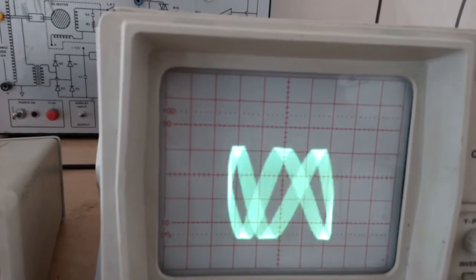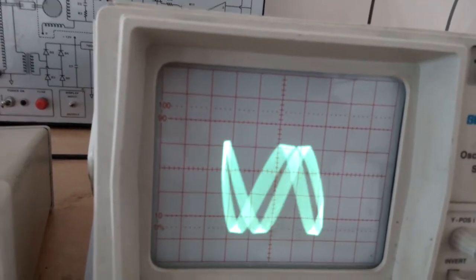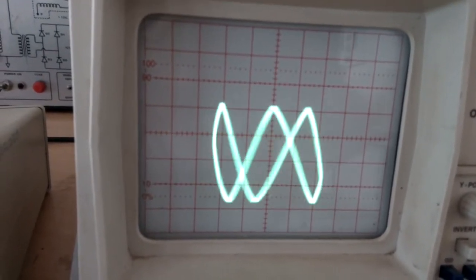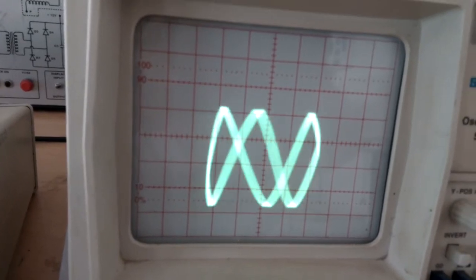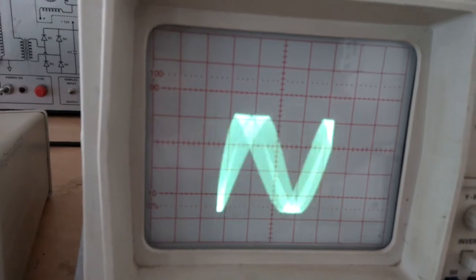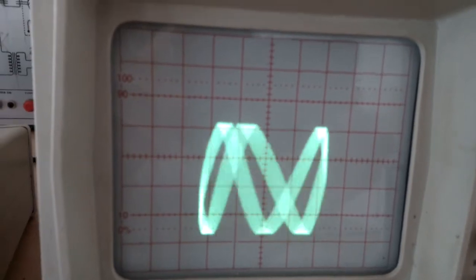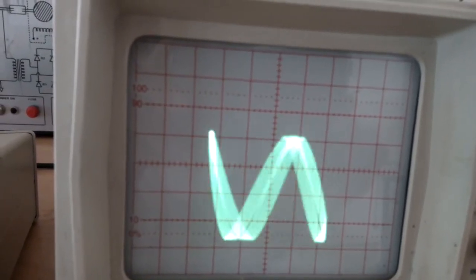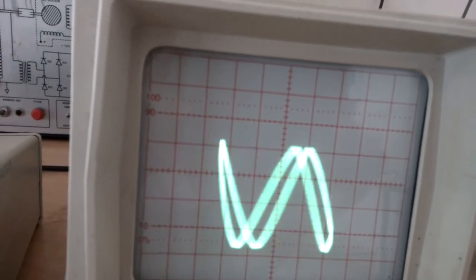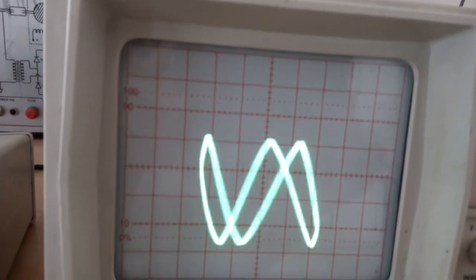In this way, using different Lissajous patterns, we can find out the unknown frequency by using this formula, that is Fy upon Fx equal to number of horizontal tangents upon number of vertical tangents. So we have seen what is Lissajous pattern and its significance in this experiment number 8 of the subject EMI, that is Electronics Measurements and Instrumentation.